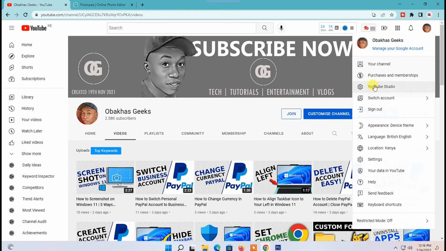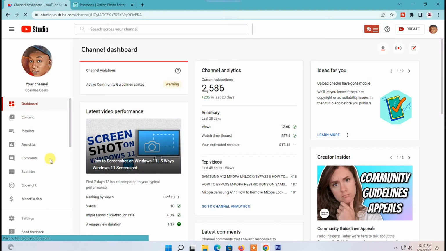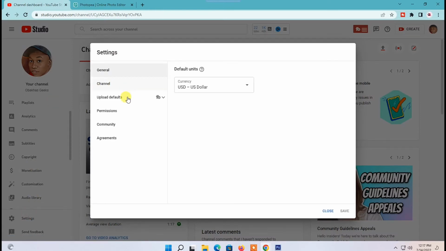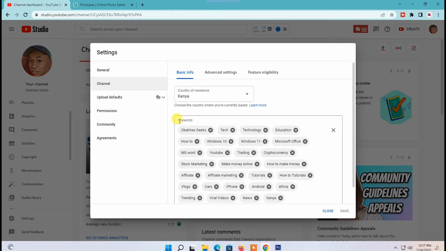Then down here, click on YouTube Studio, and you'll be signed into YouTube Creator Studio. Now, the next thing is to go to your left-hand menu, then click on settings down here. Next, on your settings window, select channel on your left, then on your right-hand side, under channel keywords,